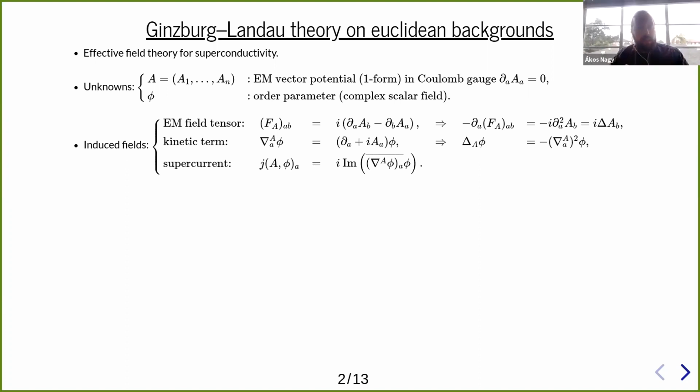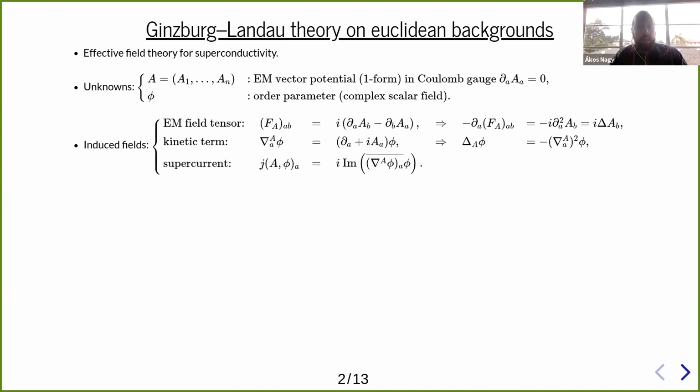Out of these, we will construct further quantities. The first one is the electromagnetic field tensor, which is an antisymmetric matrix, if you wish. For mathematical reasons, it's purely imaginary valued, hence the i there. It's not super important just yet, but otherwise it's this antisymmetric quantity that we call the exterior derivative in geometry. And one thing that you might want to note is that minus the divergence type quantity of F is essentially the Laplacian of the vector potential,